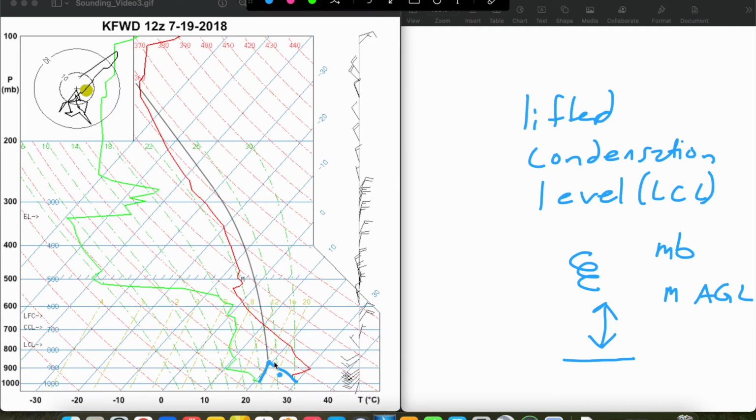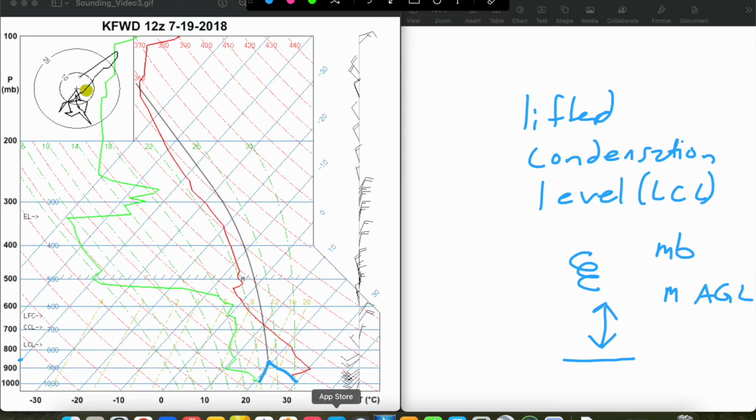So in this case, our LCL, we would just take our pressure level here. We would go across here, and it looks to be somewhere about right in here. And I've labeled this sounding to make it a little bit easier for you guys to see. The temperatures down here on the bottom,